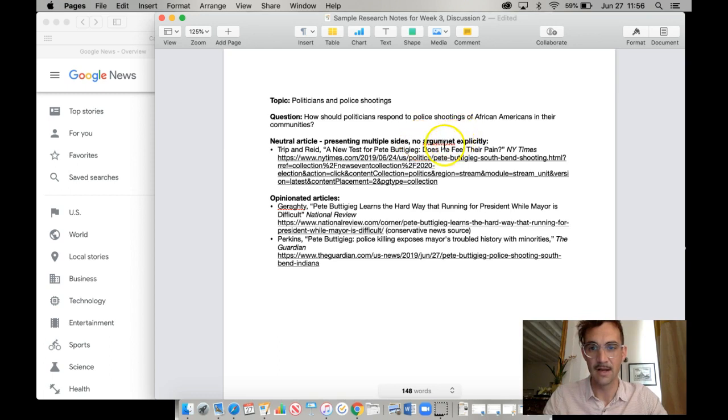Now, I pointed out that I thought there was some implicit argument, but they weren't really expressing an opinion explicitly. So those were all kind of neutral. You could argue that a little bit, but the most neutral and the most complete to me was this New York Times article. So that's the one I want to use.